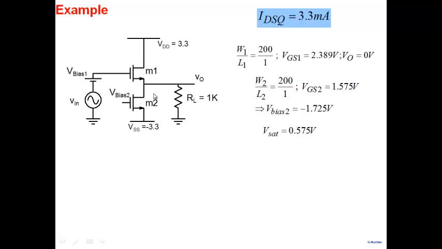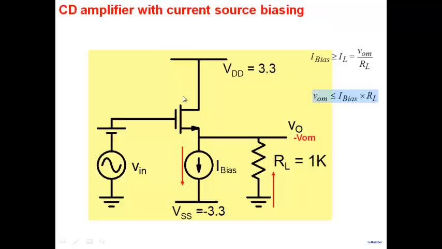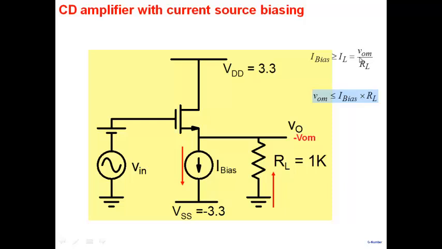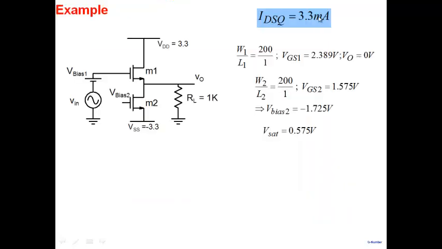Now note a couple of things here. If I have RL equal to 1K and I want to develop a swing of around 3 volts in RL equal to 1K, the previous result tells you that the bias current must be 3 divided by RL, around 3 milliamperes. Okay, so that's why we are biasing it a little above, because it says the current should be greater than 3 milliamperes, so we're biasing it at around 3.3. Now, when you bias it at that large current,